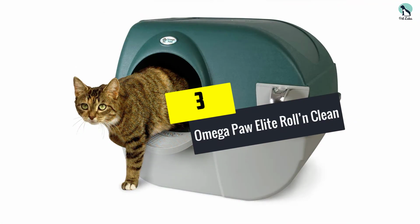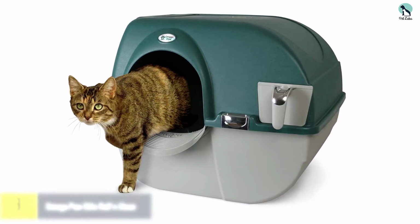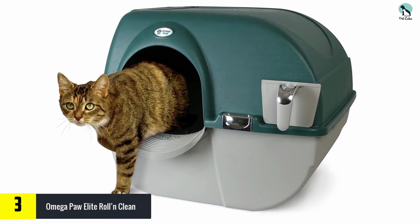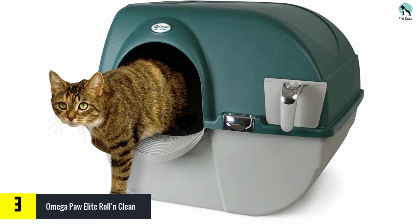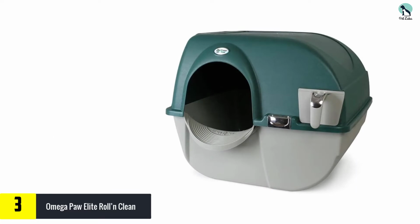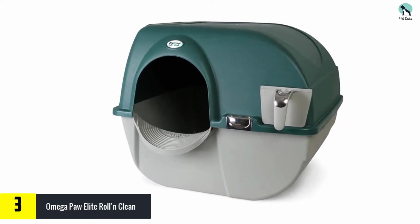At number 3, we have the Omega Paw Elite Roll-In Clean. Covered litter boxes can help control odor, and give cats privacy when they relieve themselves. If you're in the market for an automatic litter box with a cover, we recommend the Elite Roll-In Clean from Omega Paw. This self-cleaning and self-separating product features a rounded doorway with a small step, which helps catch litter as